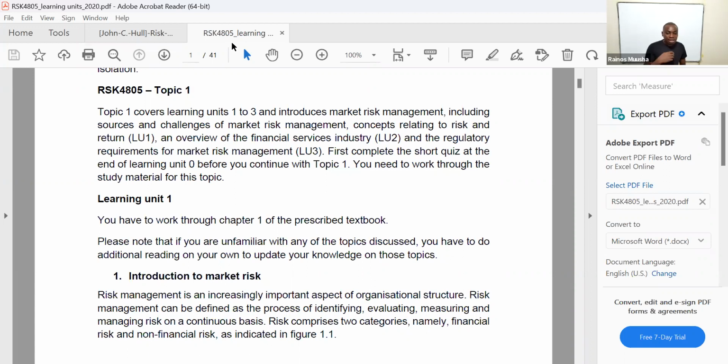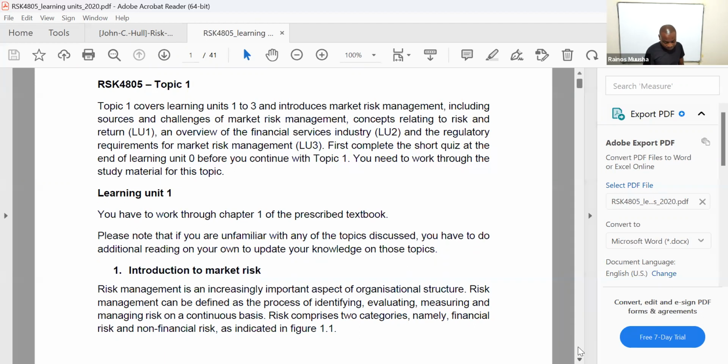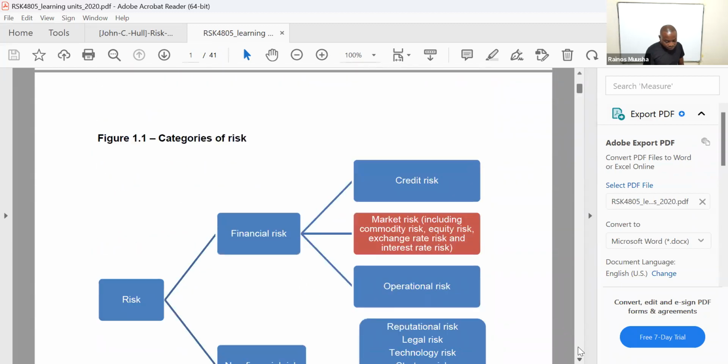Then when it comes to the calculation-type questions for learning unit 1, it's mostly introducing you to the concept of what? Risk and return. How do you calculate the risk or the expected return? And how do you calculate the standard deviation? So that's basically what you're going to be looking at in study unit 1, which is learning unit 1. Then when it comes to learning unit 2,